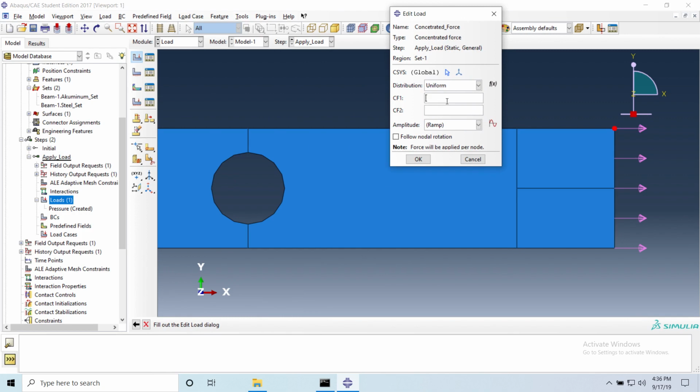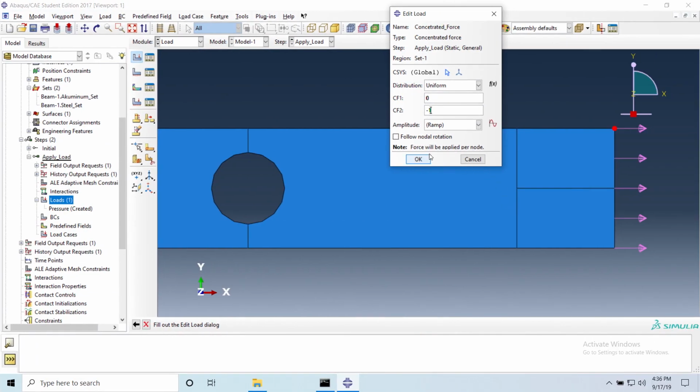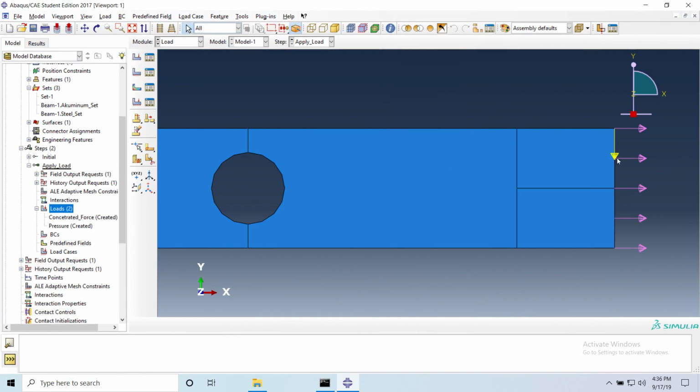So 1 means the x direction, and 2 means the y direction. So in x, I don't have any force, and in y, it's going to be -1, because I'm going to keep working in kilonewtons. So my applied load is -1 kilonewton. Okay? So I'm just going to say okay, and then I have my applied load or concentrated force